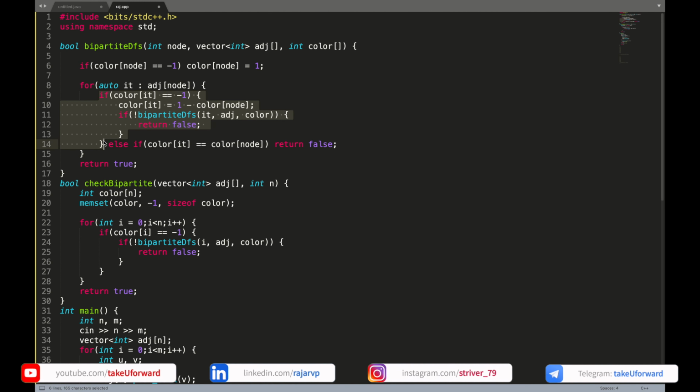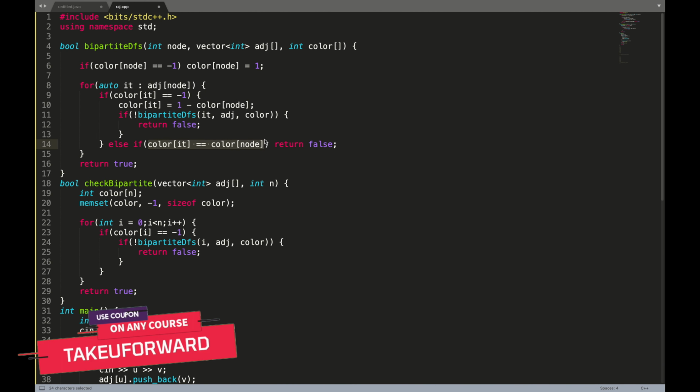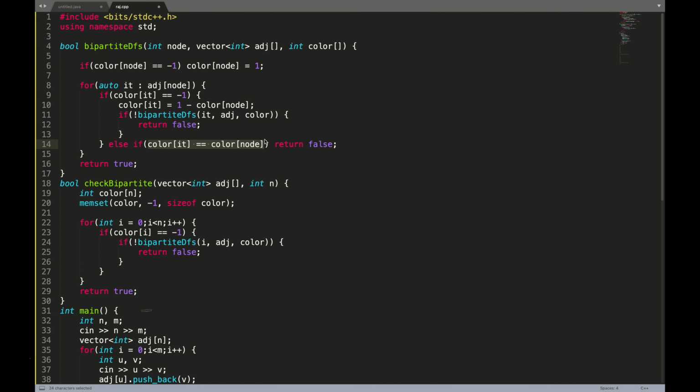But what if this if is false? That means the adjacent node has been colored. So I just need to check if that color is equivalent to my color. If the adjacent node has equivalent color to what I have, that means I have violated the property of bipartiteness, and I can definitely return a false because I know adjacent nodes should have opposite colors. But if it has the same, that means the property has been made void, right?